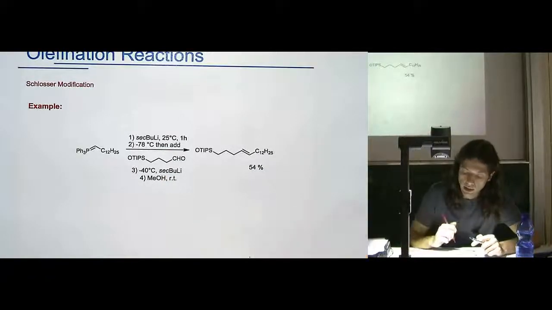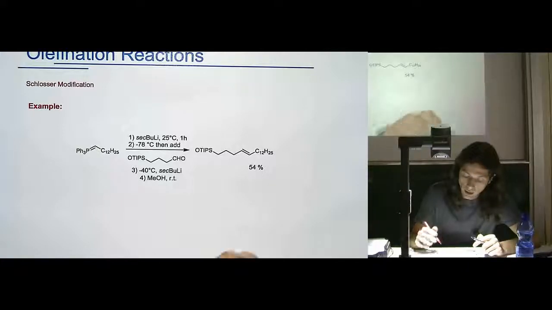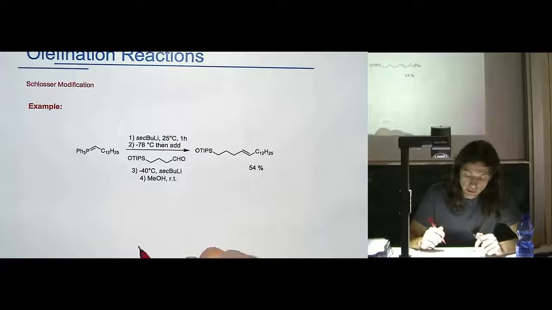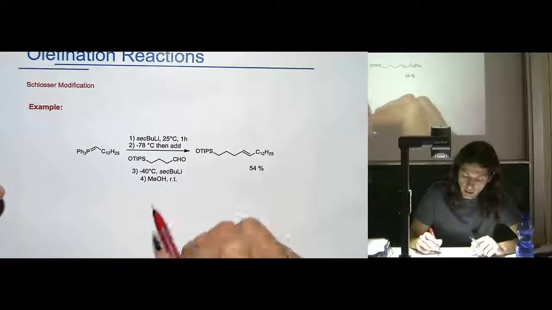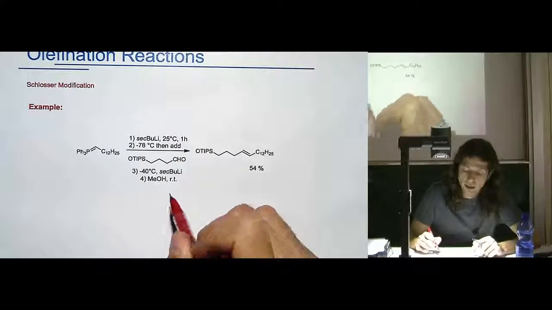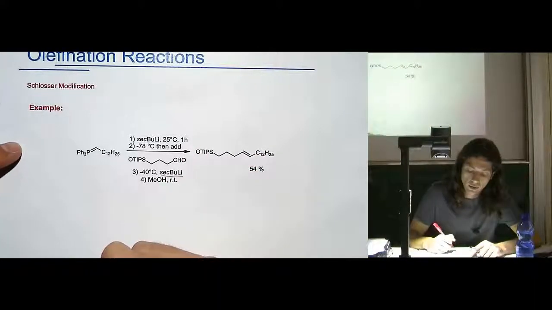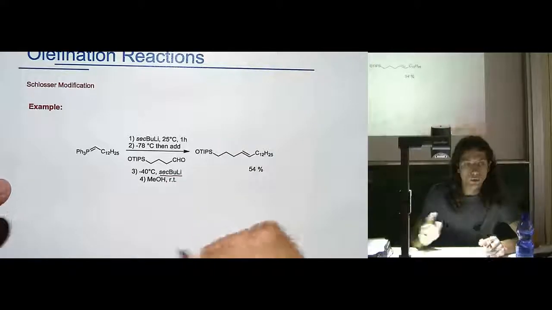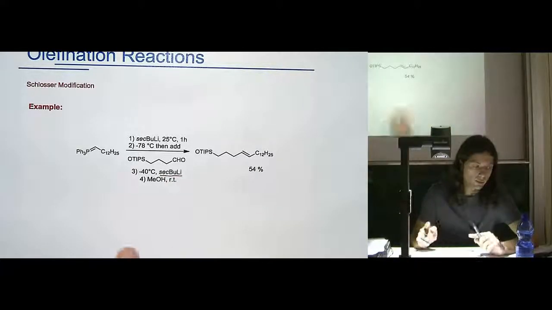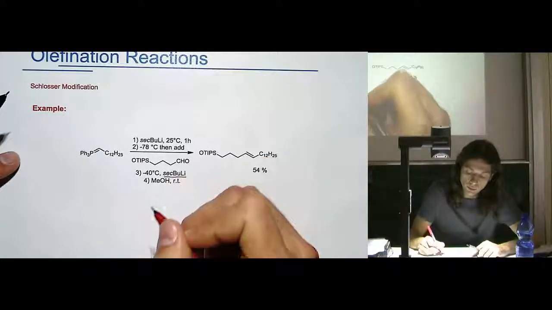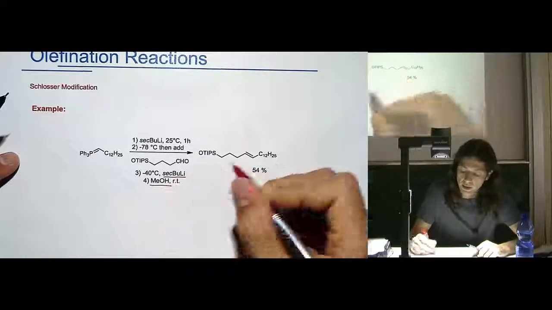Then of course it's necessary to add, at low temperature, because this is a very reactive species, the corresponding carbonyl group. Then again, the deprotonation, a second equivalent now of sec-butyl lithium to get this equilibrium between beta ions, and then of course the source of proton at room temperature, which in this case is methanol, gives rise